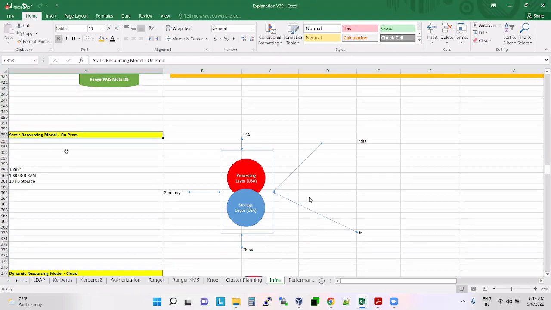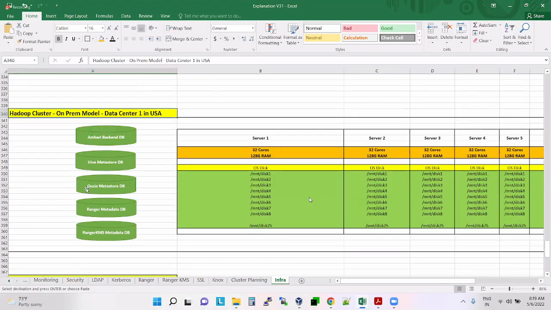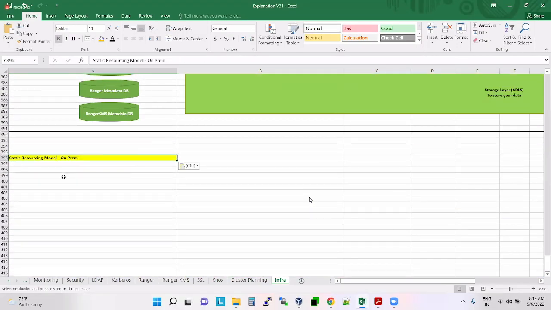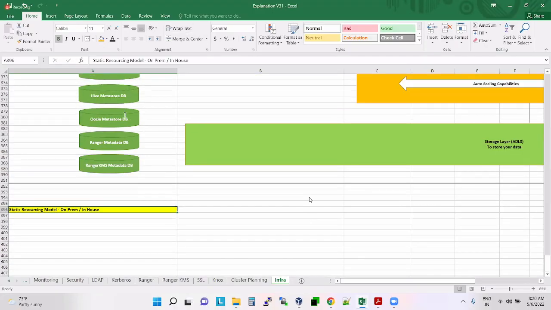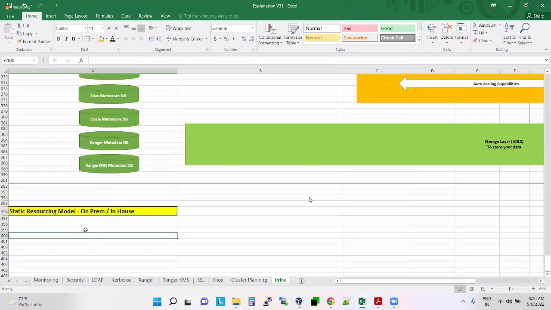Okay. So now, in case of on-premises, can I say it is a static resourcing model? On-prem or in-house, is it a static resourcing model or not? What do you mean by static resourcing model?